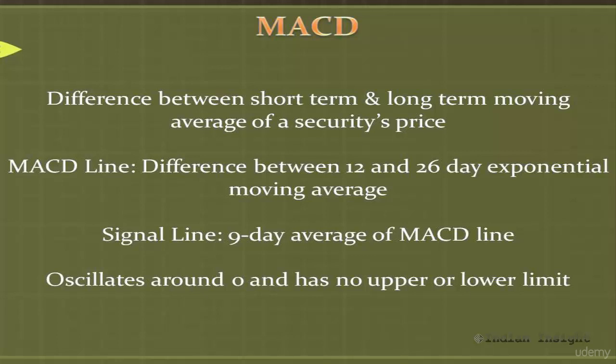This indicator oscillates around 0, but it has no upper or lower limit. So this indicator is not used the same way as RSI or other oscillators, as there is no specific overbought or oversold range for the MACD. Instead, you need to compare the current level of MACD with the historical performance for each security in order to determine when the price of the security may be out of its normal range. This is just one way of using MACD.